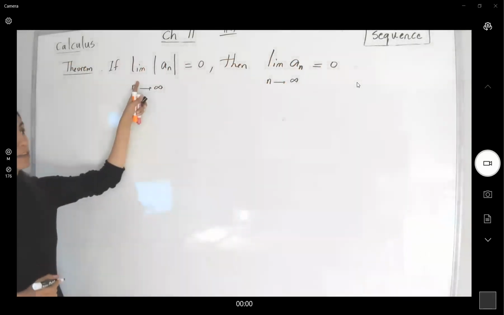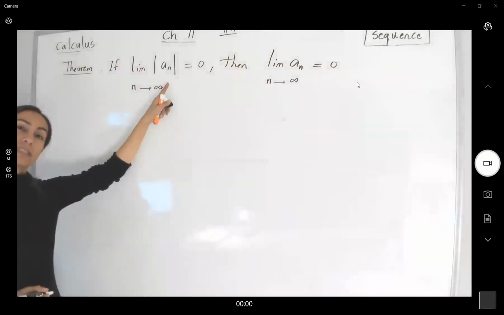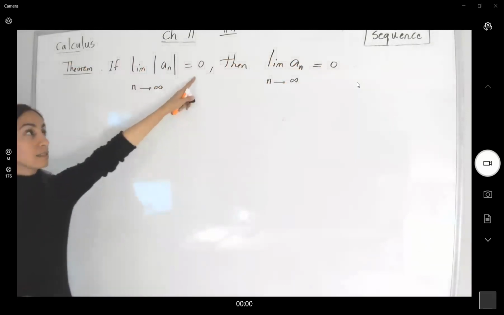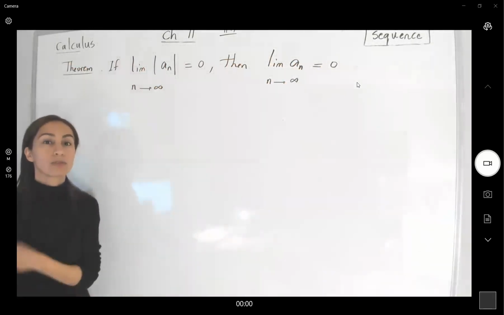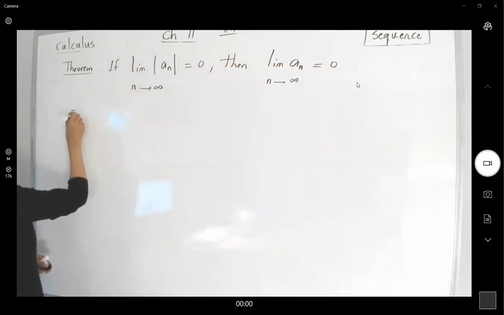If the limit of the absolute value of the sequence is 0, then the conclusion is that the limit of that sequence is also 0. For example,